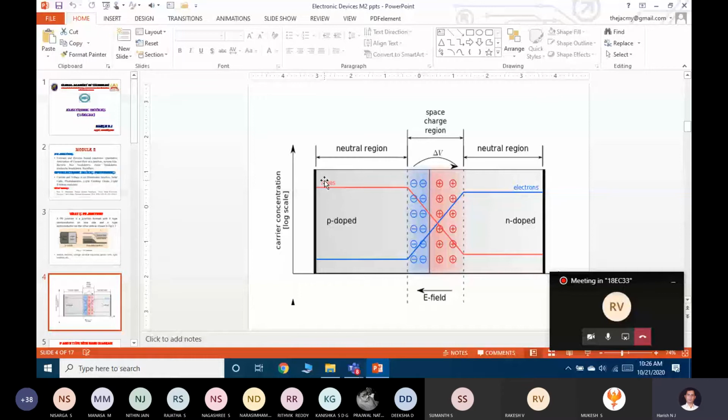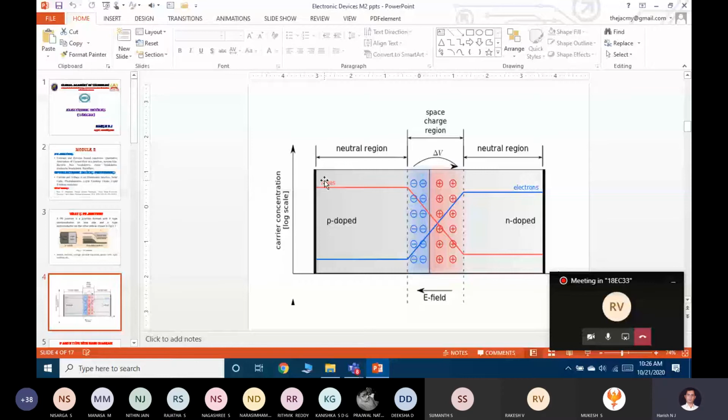At the same time, when you dope a trivalent impurity to the purest form of silicon, one vacancy will be created. That vacancy we treat as a positive charge carrier or hole. So when you dope a trivalent impurity, that substrate we call a P-type semiconducting material. In the P-type material, holes are the majority and electrons are the minority. This information we are already aware of.